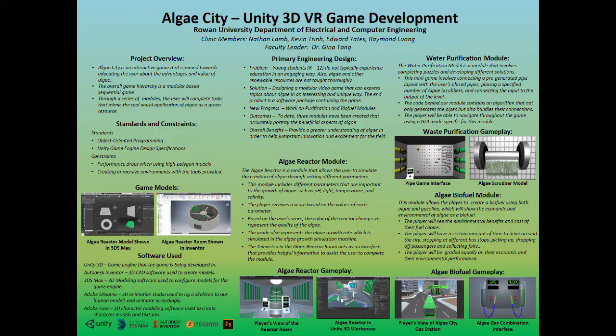Standards followed in our project include the standards of object-oriented programming and the use of the Unity 3D game environment. For game design, object-oriented principles include encapsulation, modulation, and code reuse. These were exemplified and utilized throughout the semester. The Unity 3D game environment acts as a standard because it poses certain limitations and structures that are followed and implemented throughout the game, and without the proper use of these provided structures, the game would be unable to progress. Now we will go through a walkthrough of our game's modules.